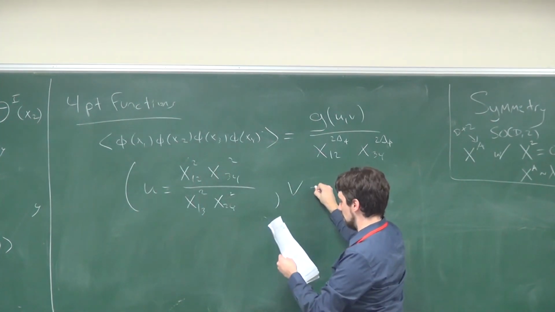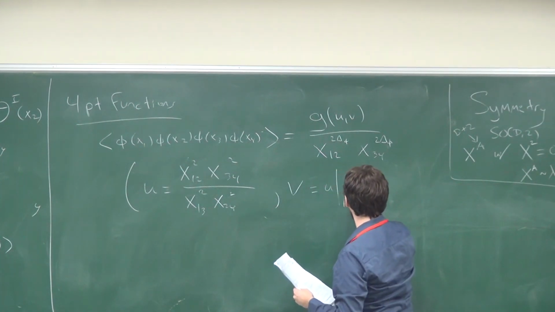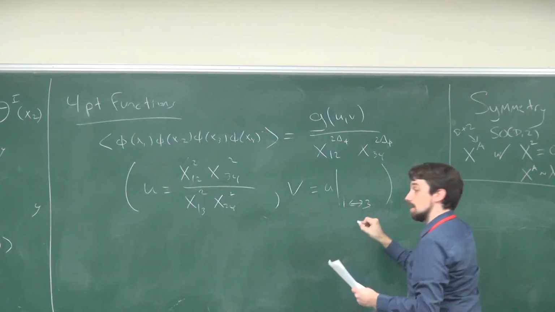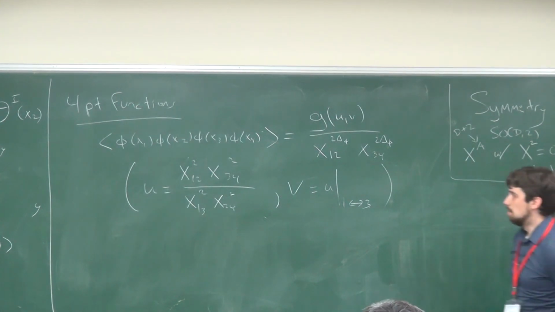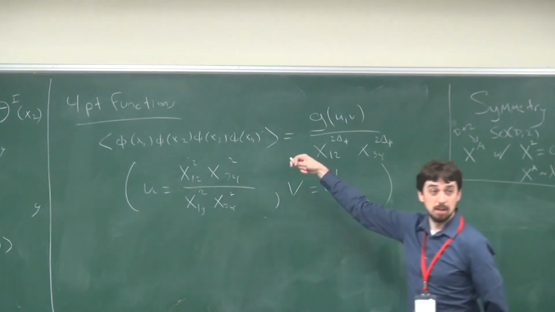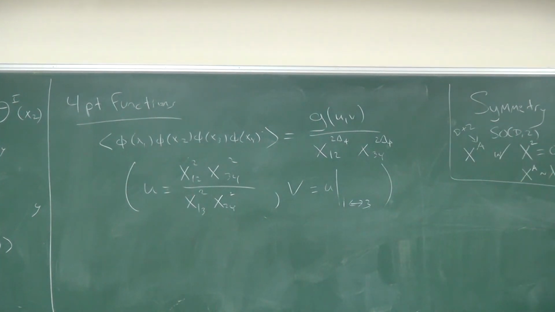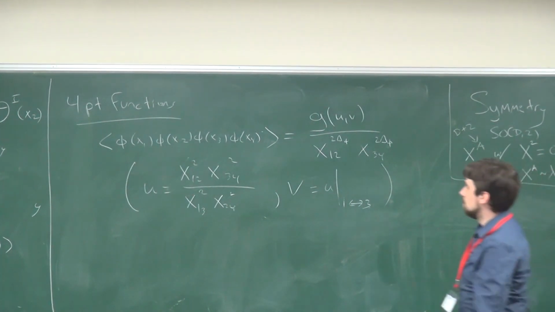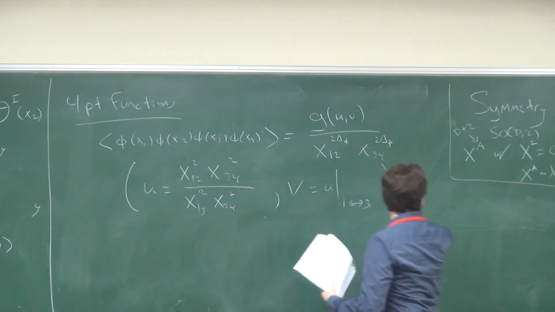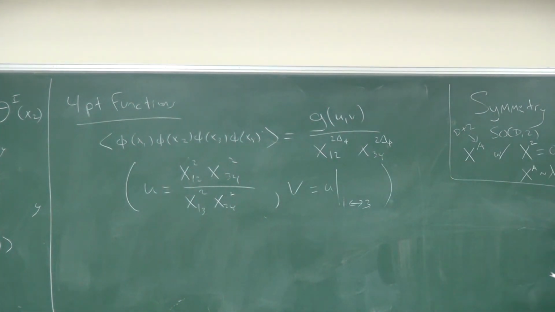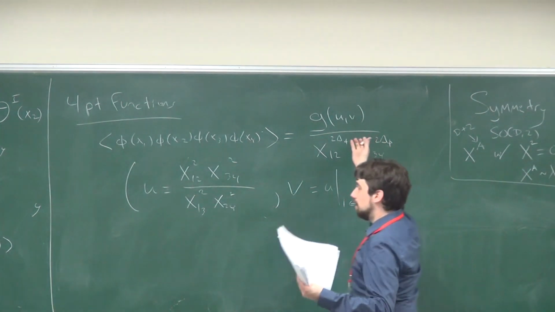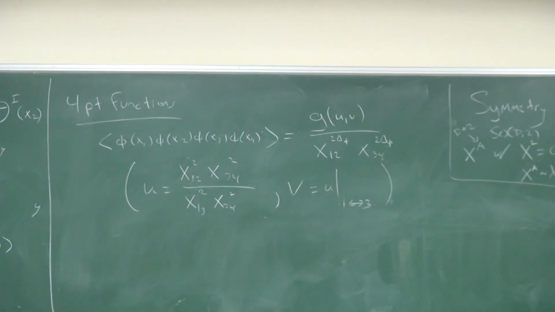And v is the same thing, but with 1 and 3 permuted. And this combination is invariant under any conformal transformation. So we have this big ambiguity in the 4-point function, which is that we don't know what this function is. Fortunately, now that we have the OPE, we can use it to evaluate